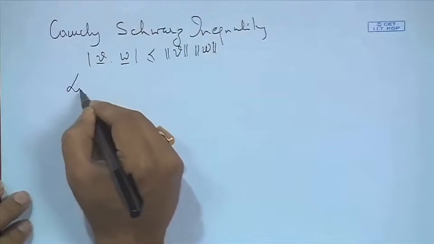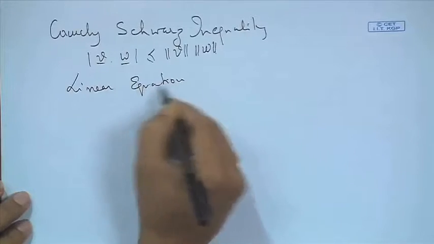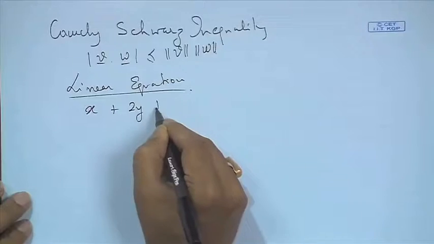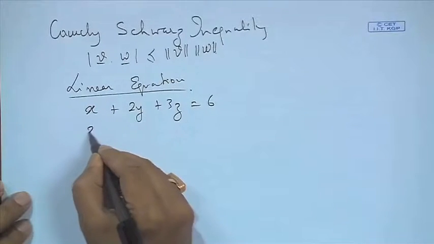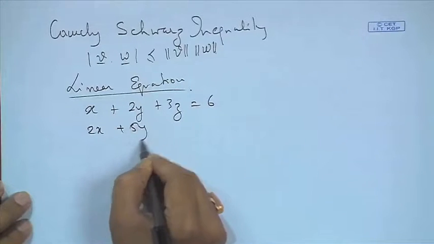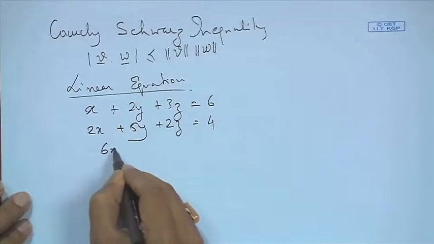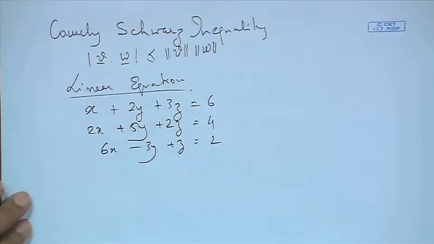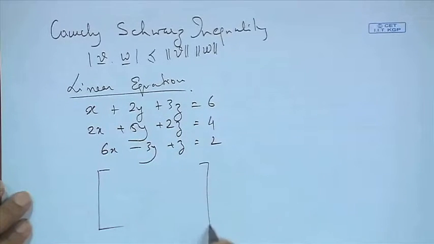Moving forward, if we have linear equations, let's say x plus 2y plus 3z is equal to 6. Suppose this is one linear equation. We have 2x plus 5y plus 2z equals 4, and let's say 6x minus 3y plus z is equal to 2. This set of linear equations could be written down in the matrix form as